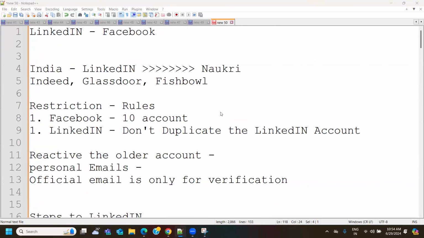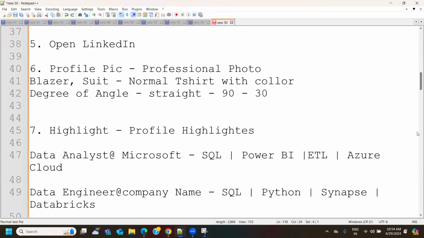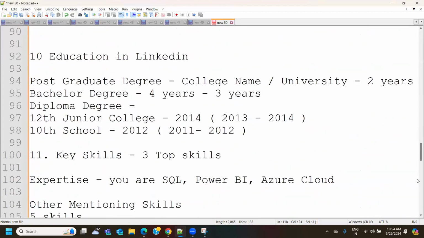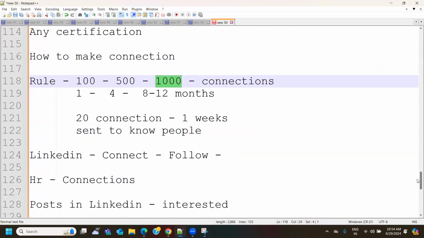Do not share publicly. But if they are DMing you, if they are personally messaging you, check their profile, whether you find it a valid profile or not. There could be some bot profiles, there could be some fake profiles. A genuine person will never ask you for your contact number directly; they'll ask for your profile or your resume. So you can share your resume, it's okay. But if you feel that the account is not active, or maybe that HR hasn't updated his details precisely,